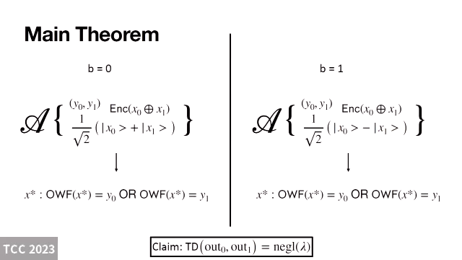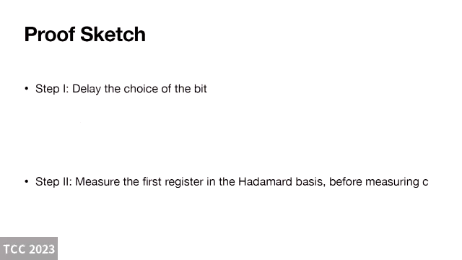Now, I claim that the proof is not as obvious as you might think. For instance, a natural way to prove that these two distributions are indistinguishable would be to switch the encryption to be an encryption, let's say, of 0. But that doesn't work, precisely because the property that we want to show is a statistical property. So you're not allowed to change a distribution in a computational way, only in a statistical way. That change is computationally indistinguishable, but statistically detectable, so it would not be allowed. So we have to use a different strategy, which I'm going to outline next.